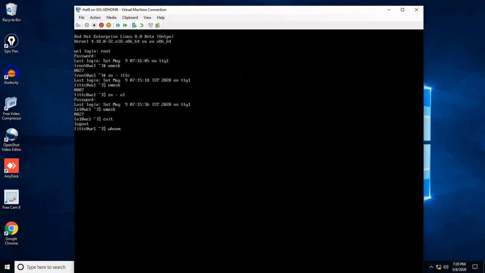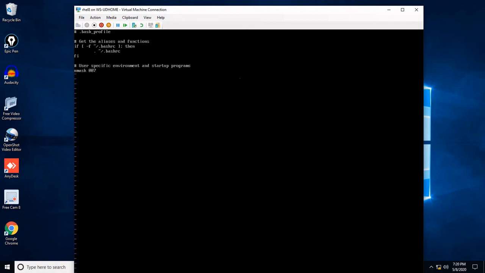Say whoami. I am ittc. vi .bash_profile. In this it is already mentioned as 007. So only for the user ittc we have changed the values by adding a line in the .bash_profile of that particular user.